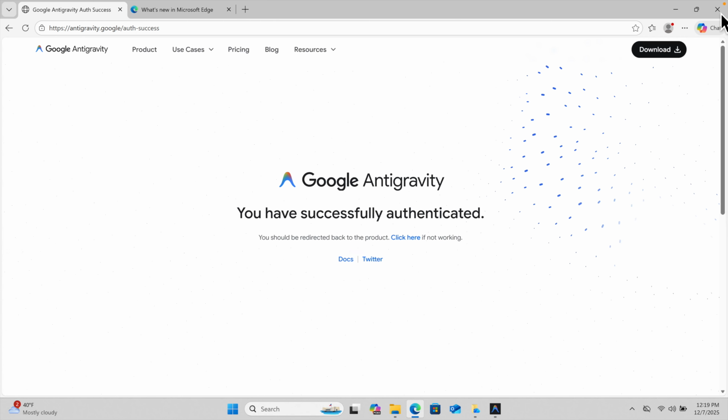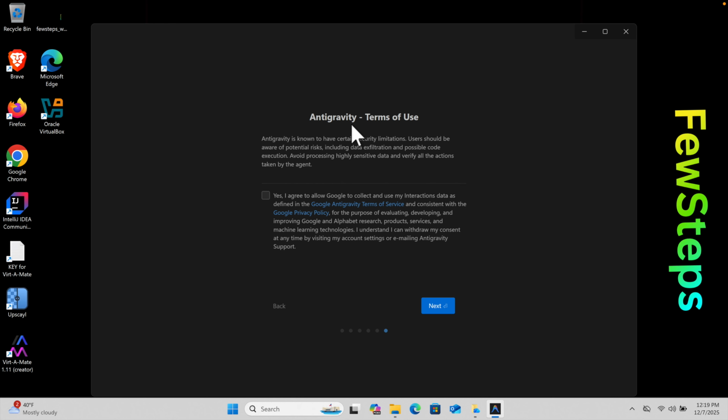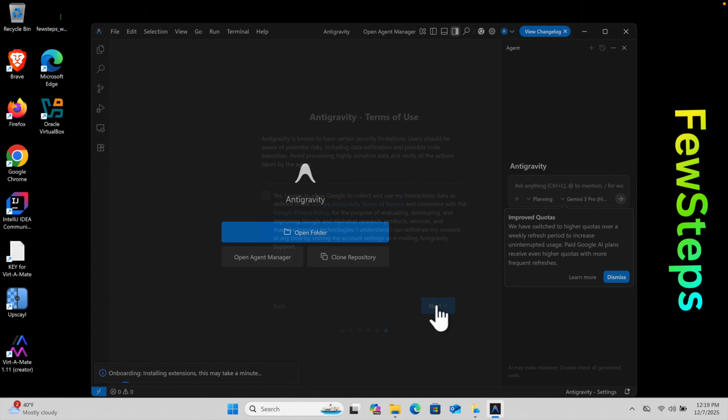I'm going to click here to close this window, and here you see that the Antigravity terms of use page is there. There is a checkbox: yes, I agree to allow Google to collect and use my interaction data as defined, something like that. But I am not going to check this. If you wish, you can do this. This is optional. And then I'm going to press the Next button, and very shortly we'll see the editor will be